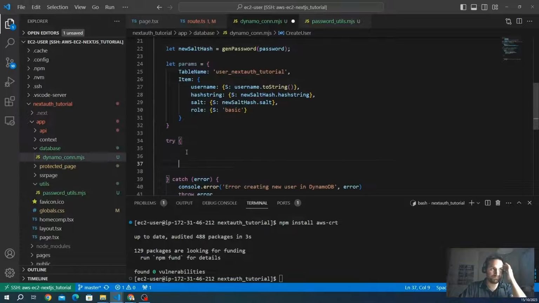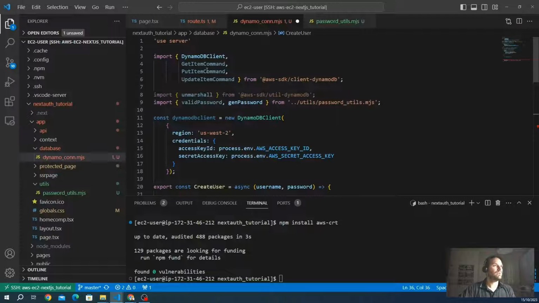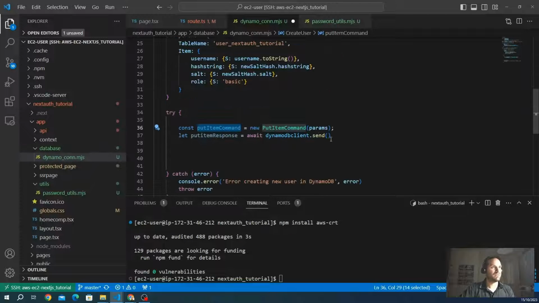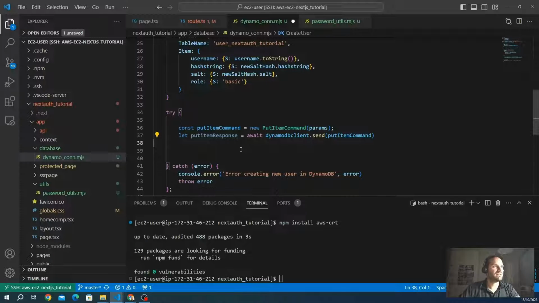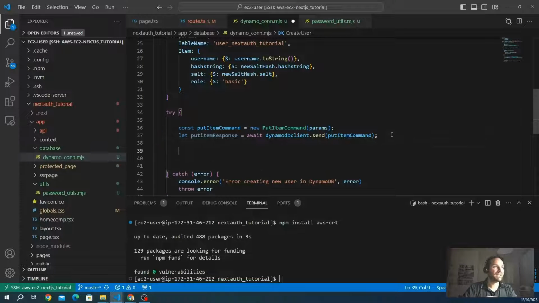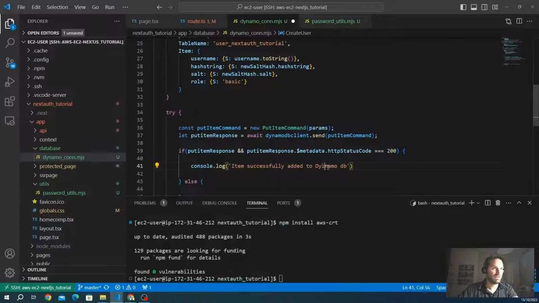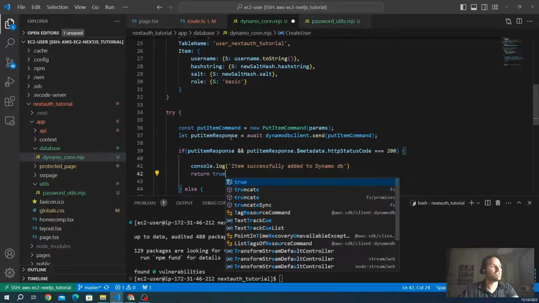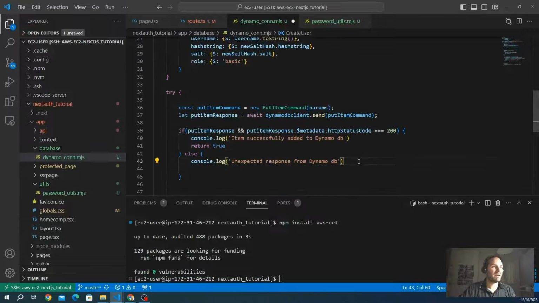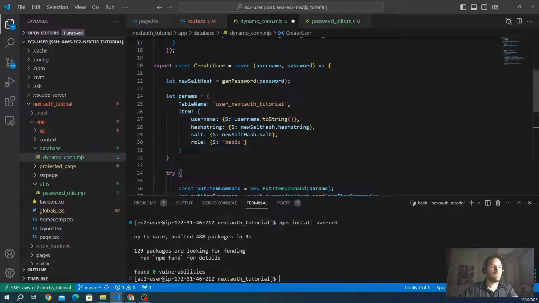So in this part we're going to implement our connection process. It's going to be a new PutItemCommand instance with our params. So we are going to send this instance with all these params here, okay? And after this we can make a condition, and we have to return true, because we're going to use this function and see what it returns. If it returns true, it means that everything is okay, and otherwise we return false. Okay, so our function now is complete,